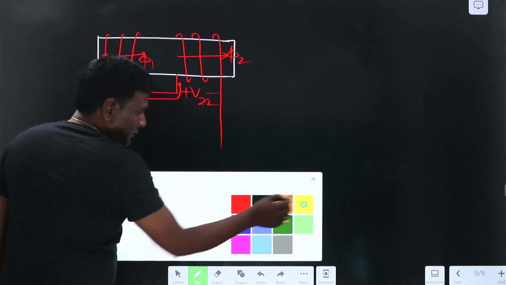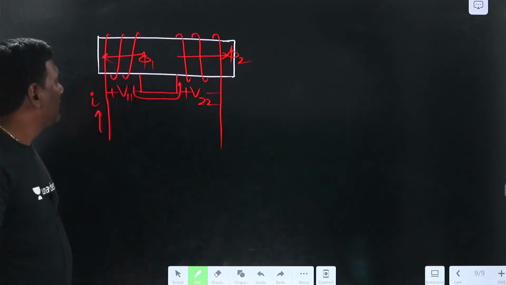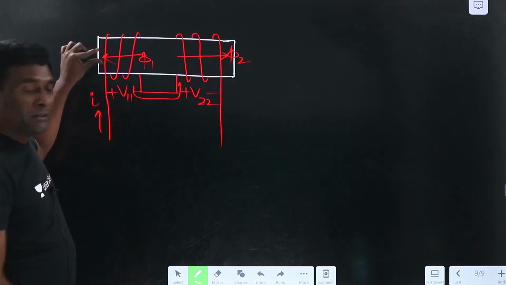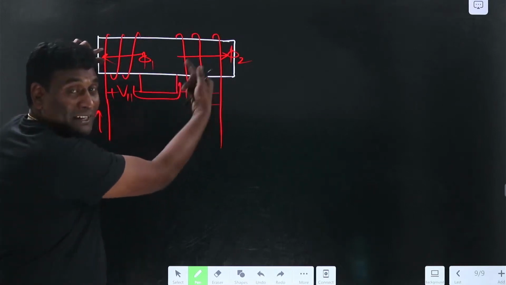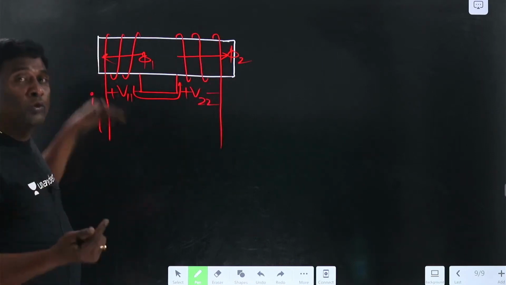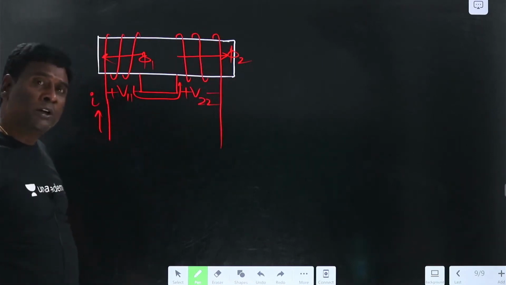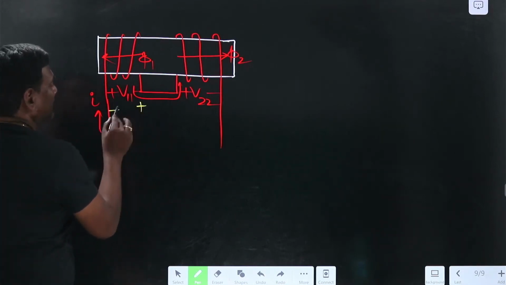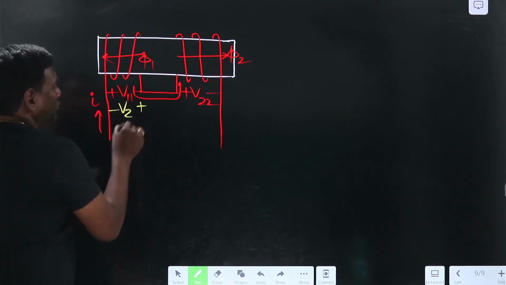And after that, if you think of mutual, when my current is entering here, it produces pi 1. But because of that particular flux, the net flux here is getting reduced, so the net induced voltage has to be reduced. So my mutual induced voltage should be against the self. So plus minus V happening because of 2 in 1.